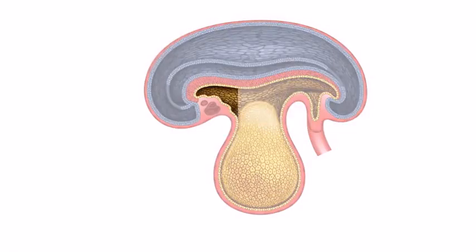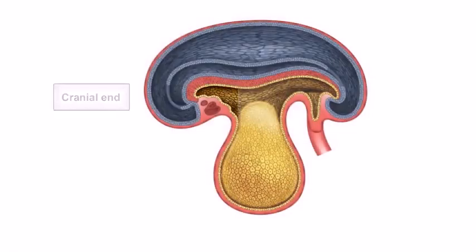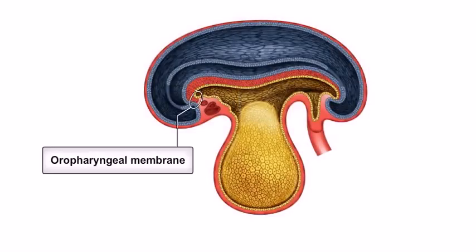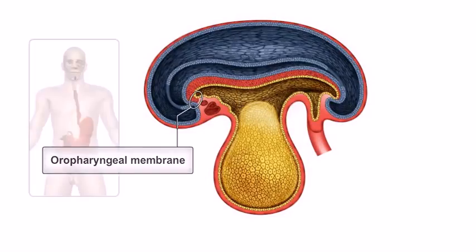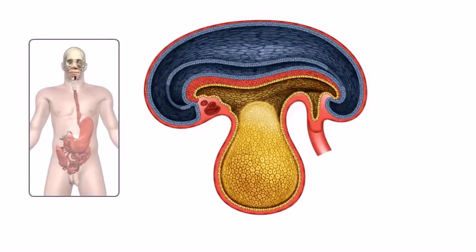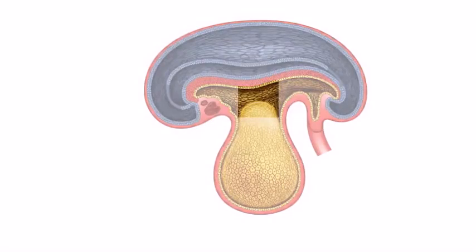The foregut can be seen at the cranial or head end of the embryo. It is temporarily closed by the oropharyngeal membrane, which at the end of the fourth week of development ruptures to form the mouth. The midgut lies between the fore and hindgut and remains connected to the yolk sac until the